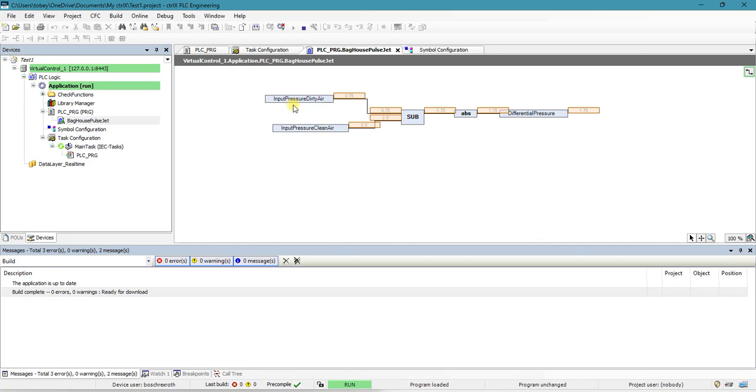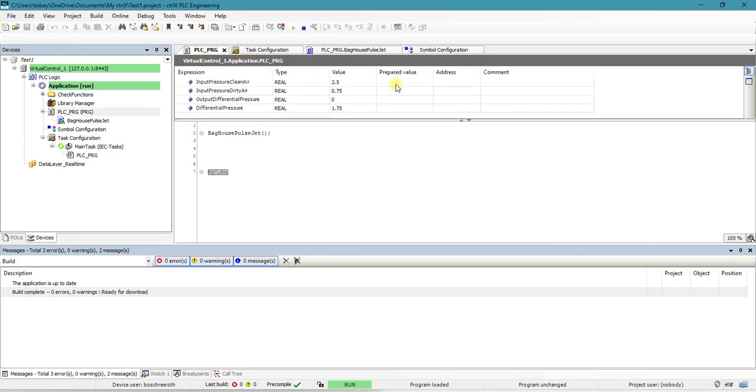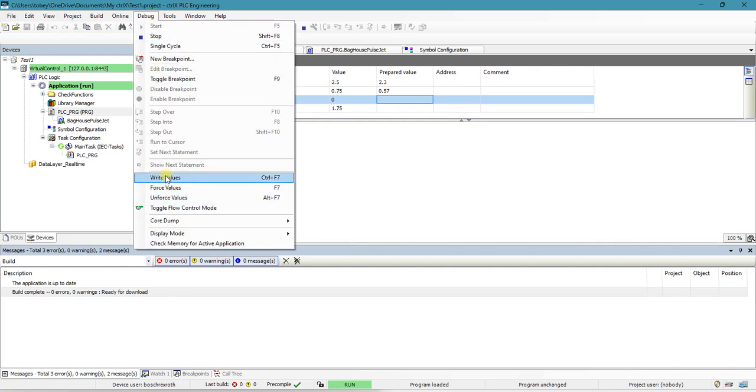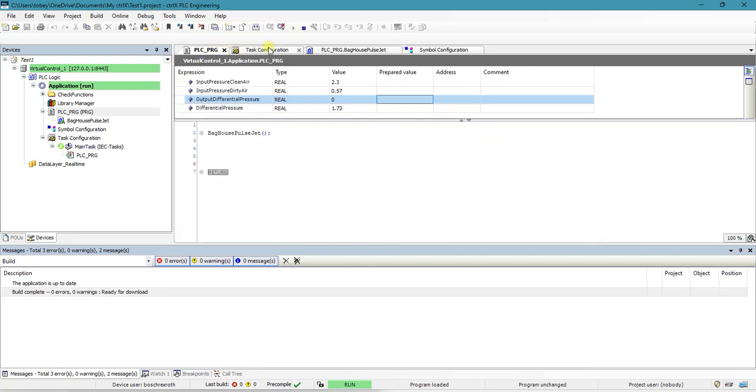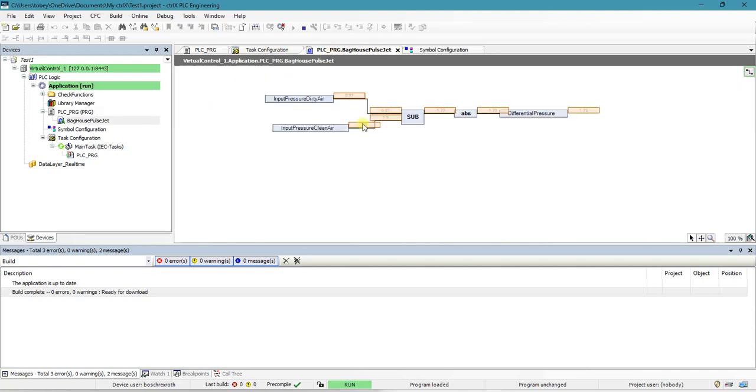As you can see, I've got an input pressure from the dirty side and from the clean side, we're taking the difference, doing an absolute, and then that way I can have a differential pressure across the manifold, and I can change these values to meet, you know, whatever expectation that I want. In this case, just to show that we've got some change, and again, this is just to simulate a little bit of an application so that